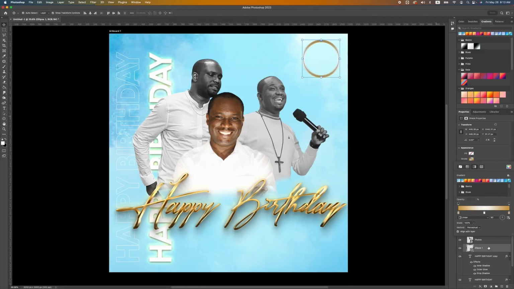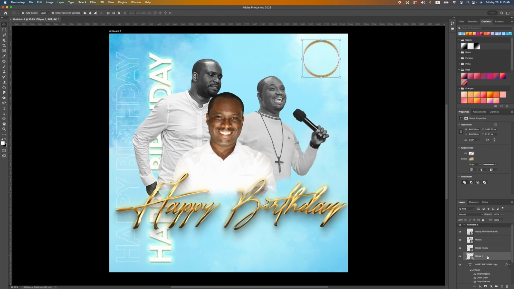We want to make a duplicate of our ellipse. The bottom ellipse, we want to go ahead and take off our stroke effect, but the fill, we want to add a color. Now we just added a white color, and I'm going to take the opacity down a little,